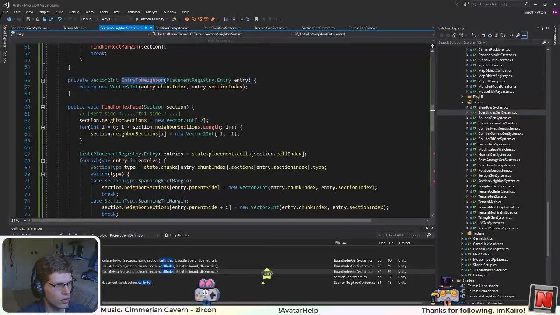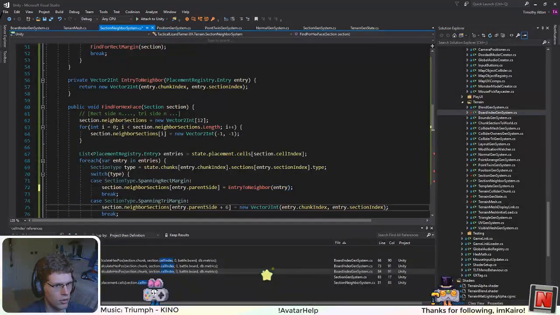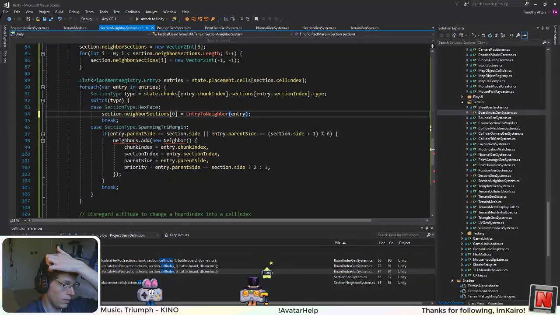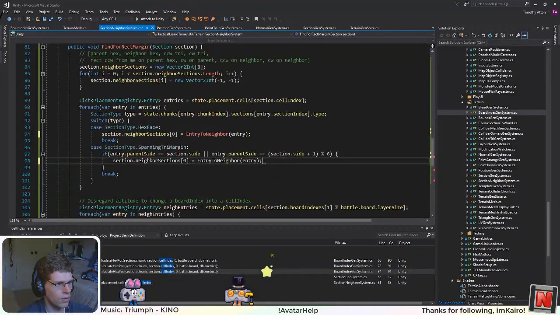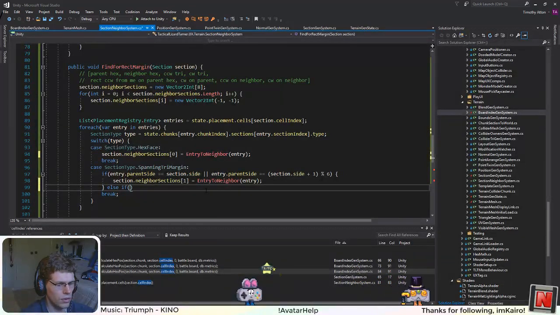Okay, so now I can just call entry to neighbor. That way if I ever have to change something about how this data is stored, it will be easy to update. Okay, so the triangles we only want to get if the side is like that. But first, if we have the same side, that means this is the counterclockwise triangle. So that's index 1. Then else if